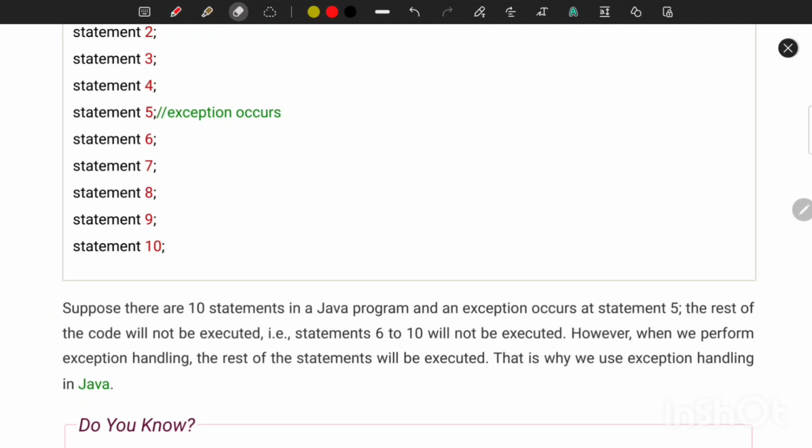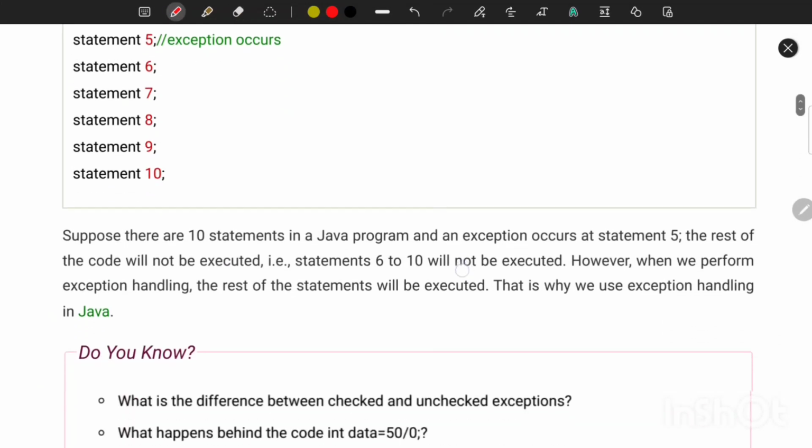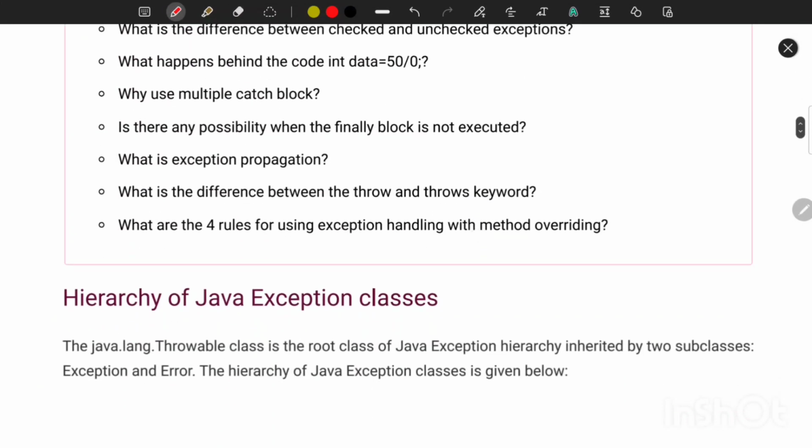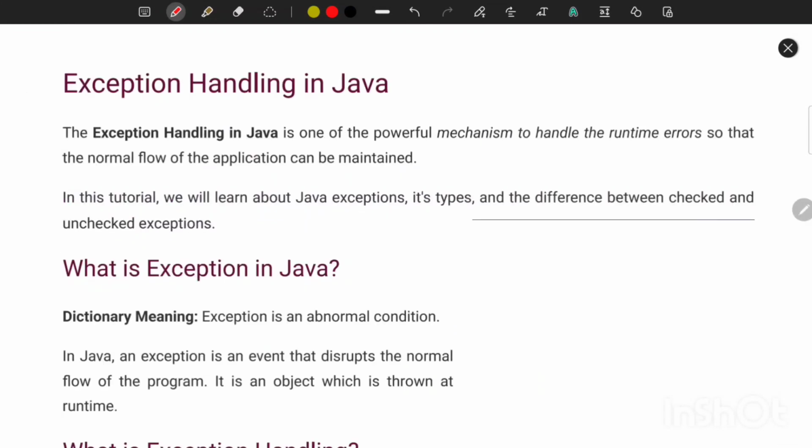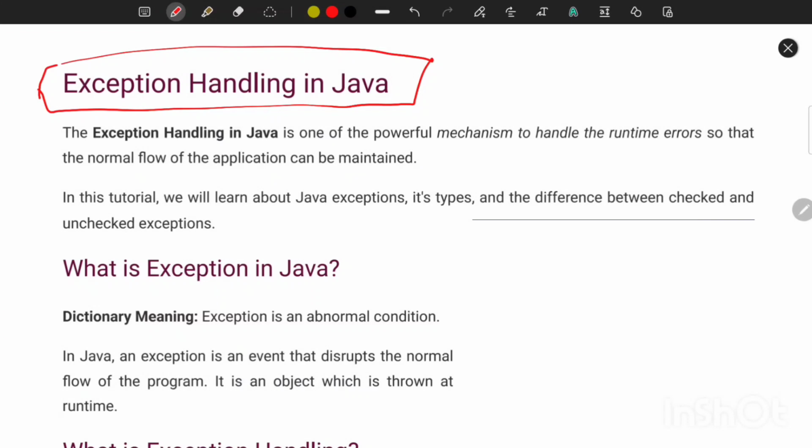Now we know what an exception is. An exception is an abnormal condition, and if we want the normal flow of execution to continue, we need to handle it. Today we just saw what exception handling is in the Java programming language and what it actually means. The detailed video I will share with you in the I button also,